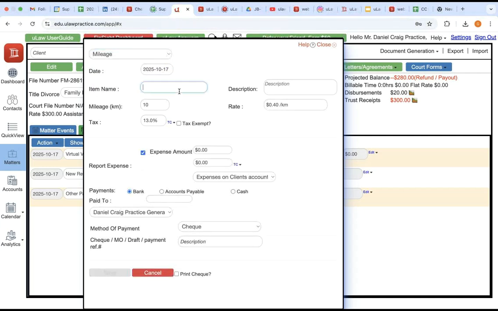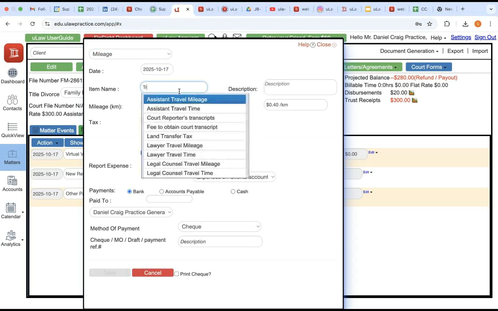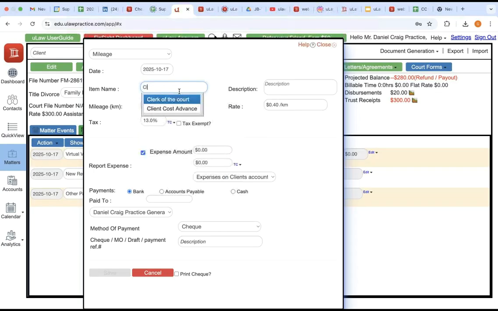Okay, over here we have mileages, travel, maybe client office visit. Let's say you had to travel 20 kilometers. Then we have a cost per kilometer. Let's say you're making it that way.